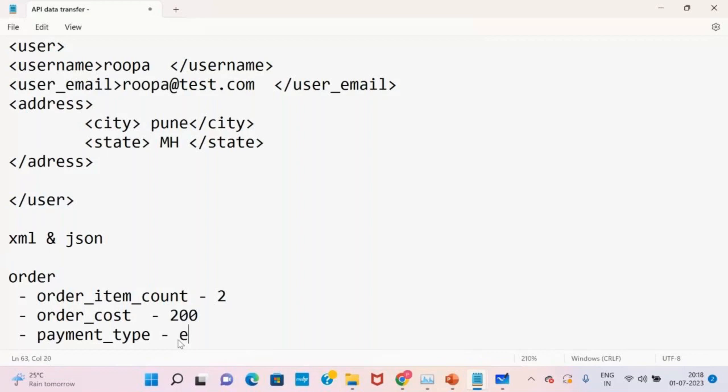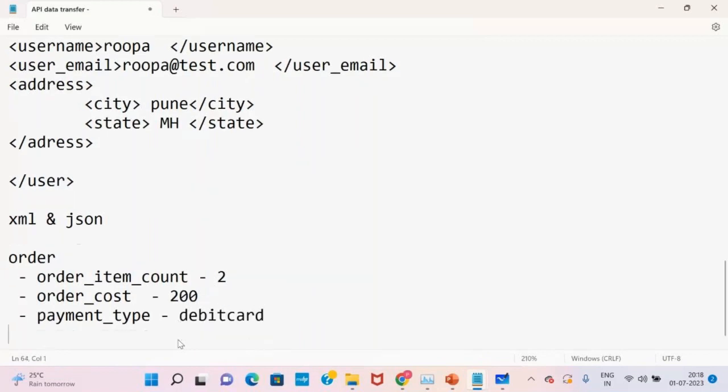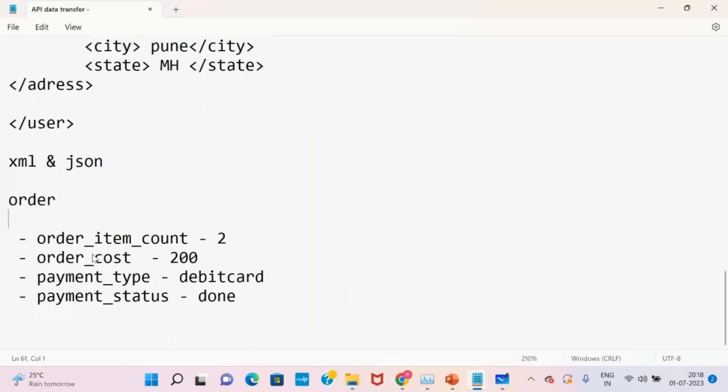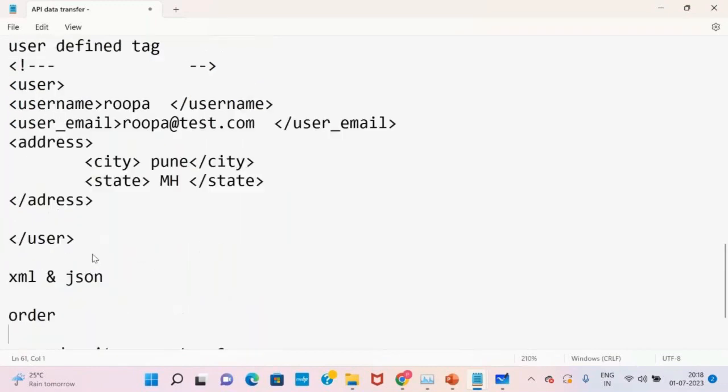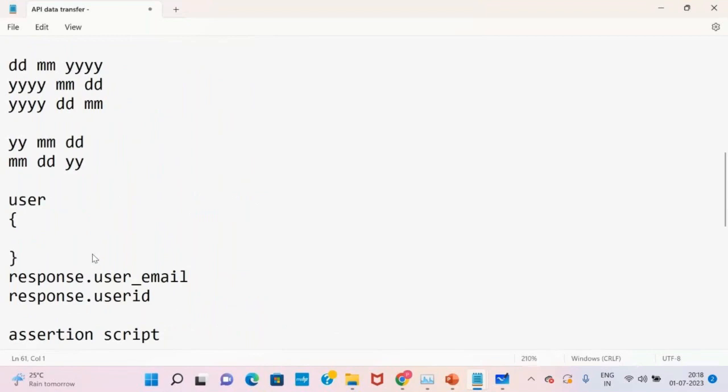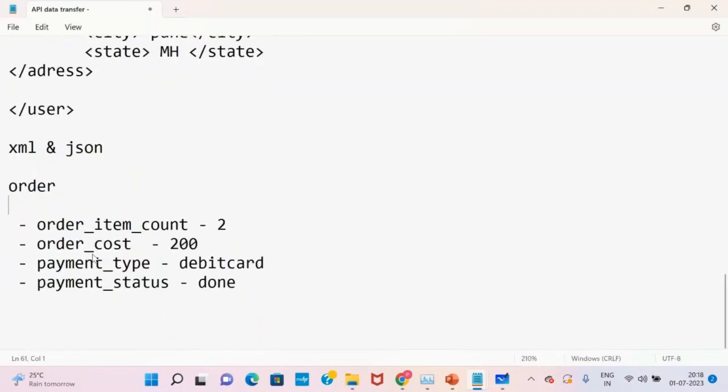Payment type, consider that it is a debit card. There was a debit card payment and payment status is done. Status is a string value: done, pending, like this. Can you create it? Yes, just think and create. You create an XML, and you create a JSON. First create the JSON. Take the same format, same values. You just have to write order